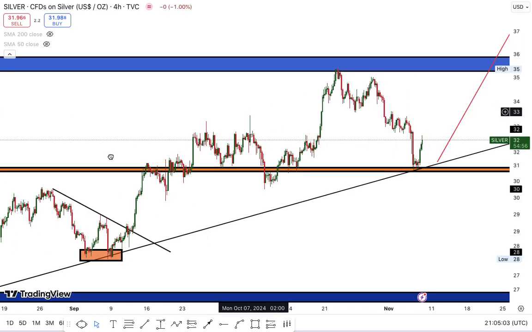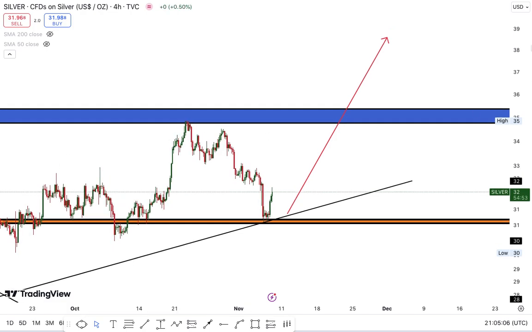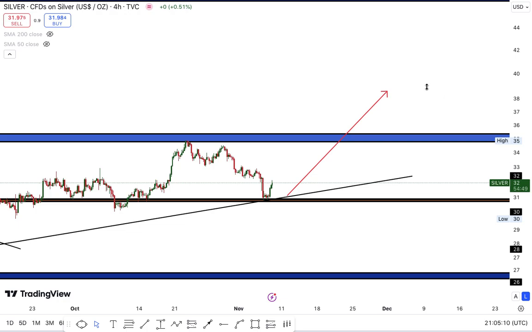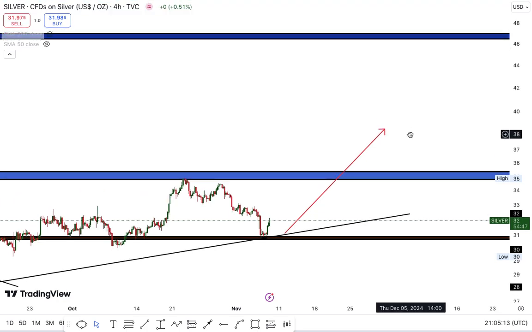But I still believe that once we clear this $35 an ounce, we are actually en route to $48 per ounce. So you can imagine one more leg to the upside here. Even if you missed every other move, at least this one puts money back in your pocket. At least you can start the year sweet, Q1. Do you get?